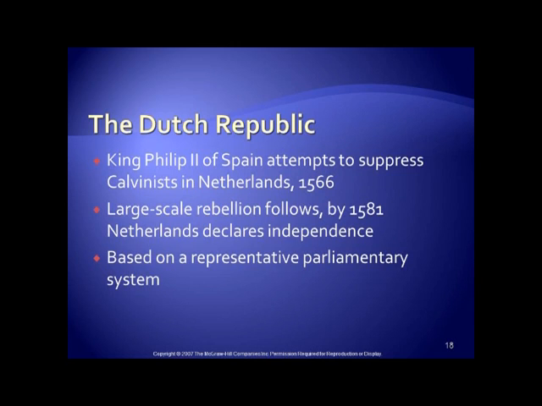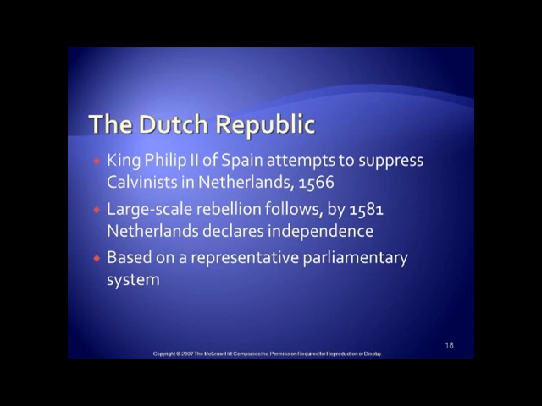And so the Dutch became Protestants, and this made Philip, this super Catholic, upset, and he tried to convert them back, and he did so by sending the Spanish Inquisition to the Netherlands. This does not go over well with the Dutch. The Dutch rebel further, and eventually they get to form their own government. And because they were sick of the kings like Philip II interfering in their lives, they created a republic.